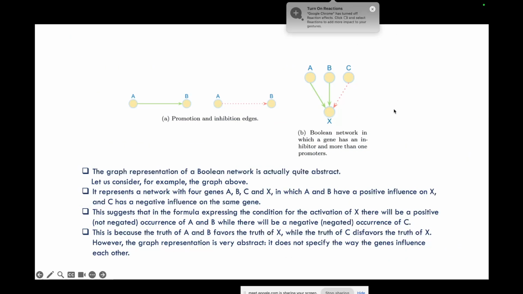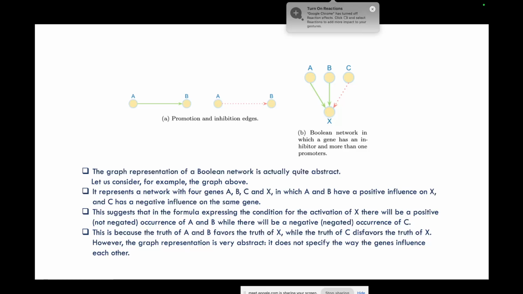So yeah, this is one example of a Boolean model. This is a graph representation of a Boolean network. For example, let us consider this graph. It is much more abstract in nature than we think of. This whole figure represents a network having four genes. So you have A and B here, C is here, and X is here as well. A and B have a positive influence on X, C has a negative influence on the same gene, X. So you have A and B upregulating X, and you have another gene C which is downregulating or